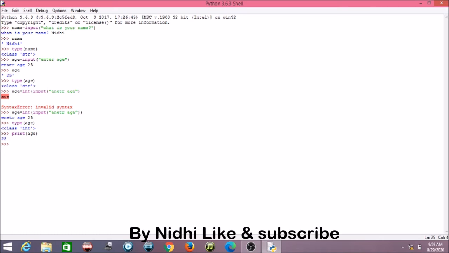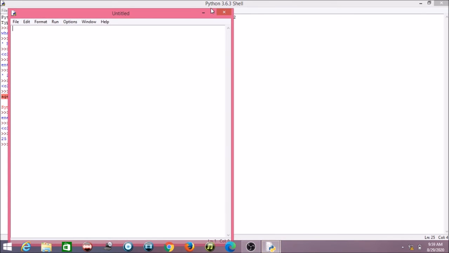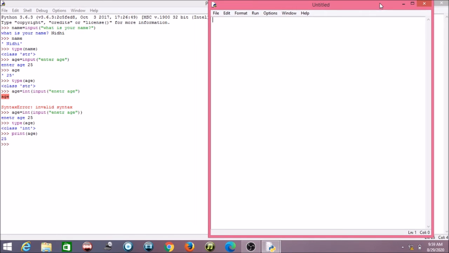Okay, so here the print method is not much useful, but it will be useful in new programs as we go. So this is about input and output methods. Now we are writing a code in which we are taking input from the user. See this window, I'm showing the result, and these are both windows. Here is my new file. So I am writing a code that takes 3 numbers from the user.